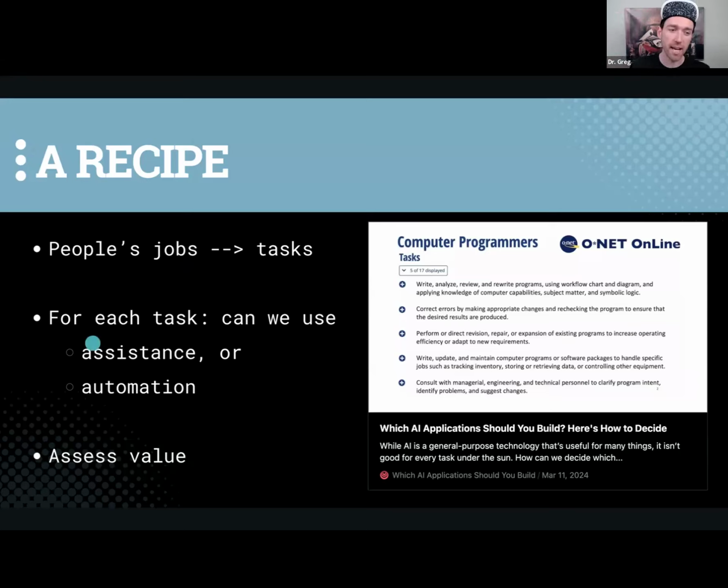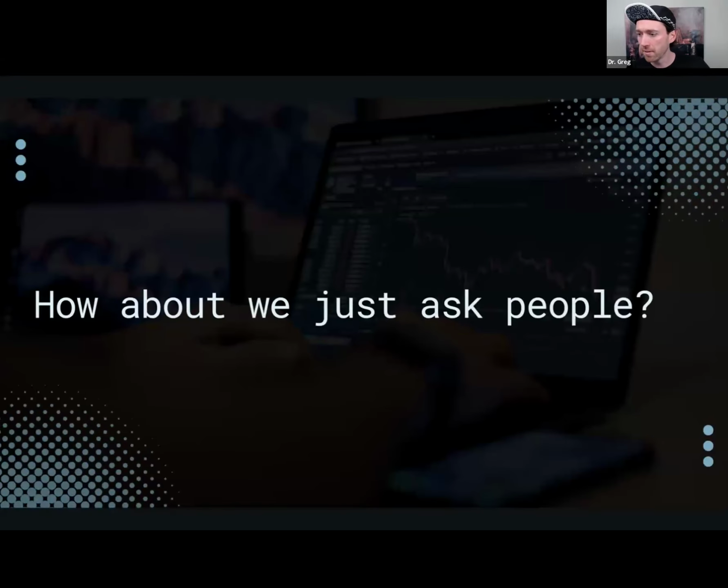You can look at all the tasks and say, for each of these, should I automate it, should I augment it, or should I let the human do it? This is something you could do to try to assess value. VCs do this kind of thing, and potentially it's quite useful. But maybe there's an easier way.